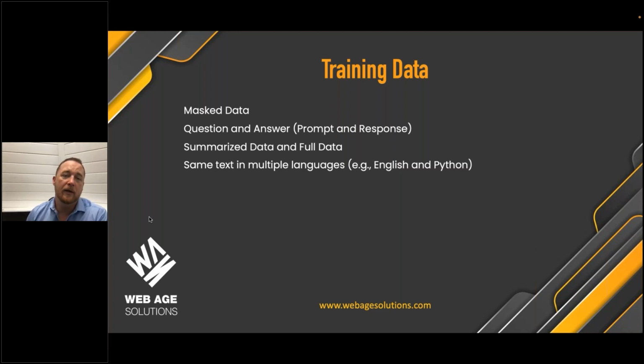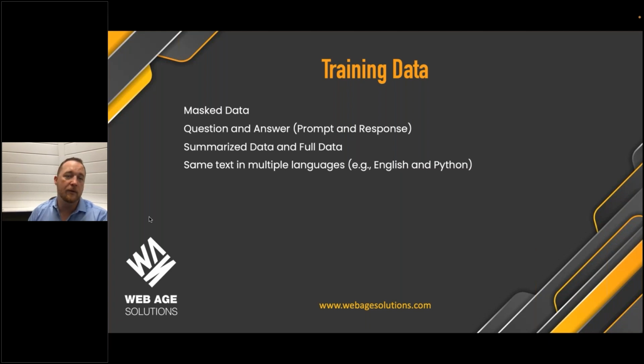Question and answer data, kind of like the prompts and responses that we looked at as our examples right at the beginning. Summarized data versus the full data, kind of think of that as another version of the question and answer. And then for translating languages, having the same